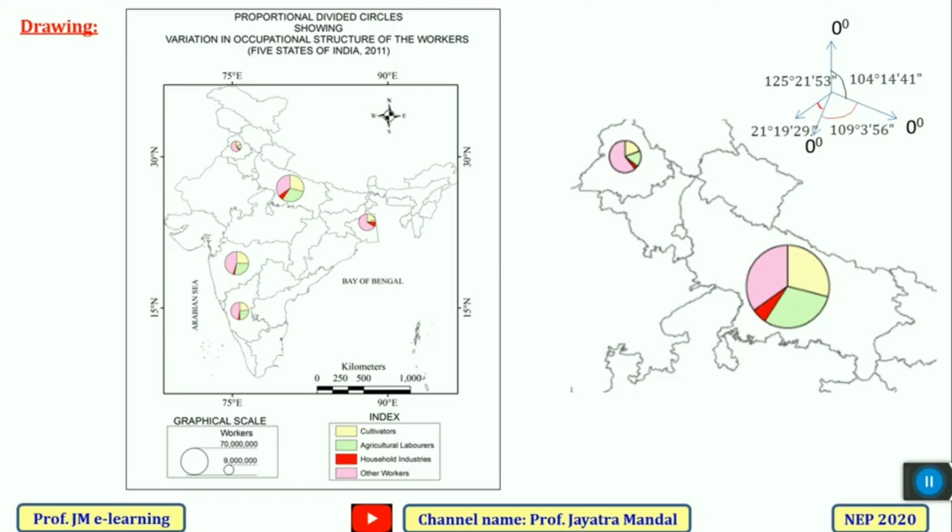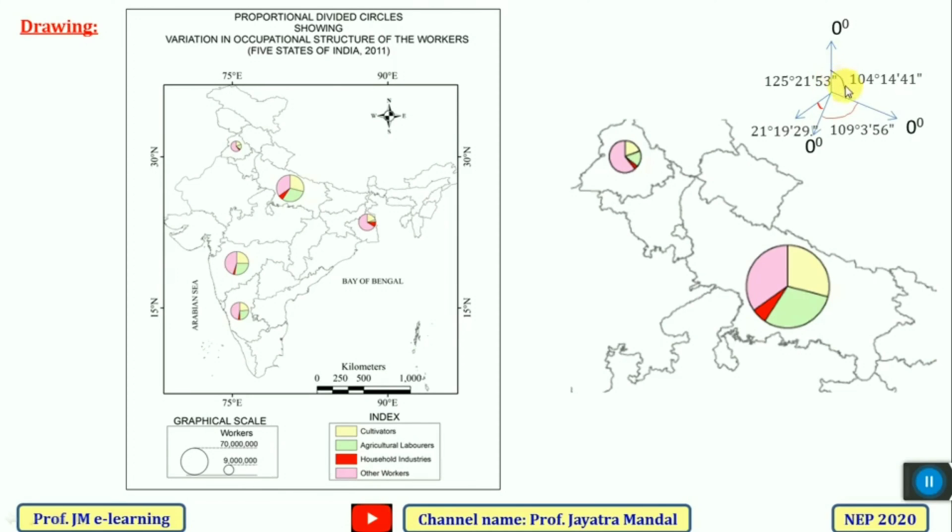Mark the geographical north line of each circle except the graphical scale. Use a protractor to mark the angular value starting from the geographical north line. For example, mark the angular value of cultivators of Uttar Pradesh as 104 degree 14 minute 41 second,